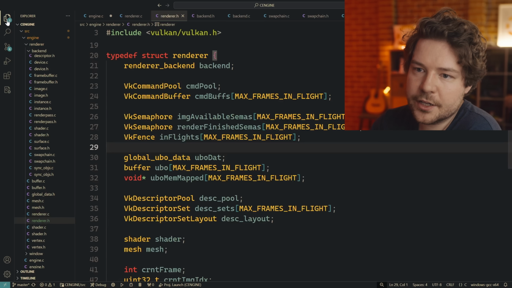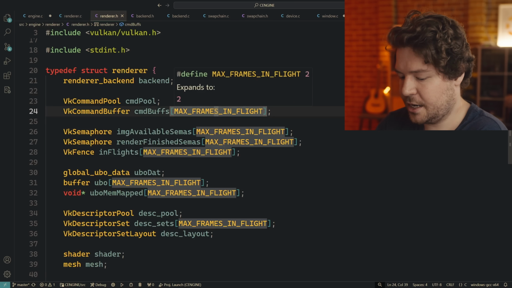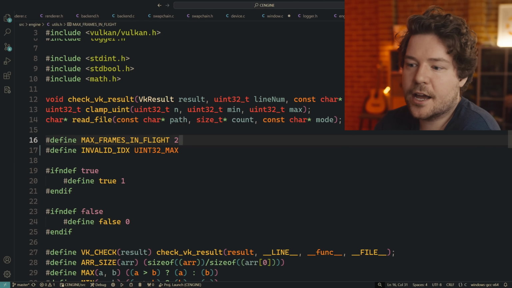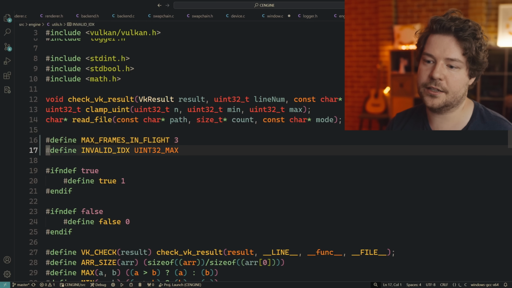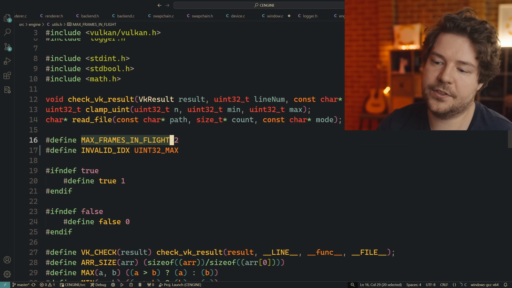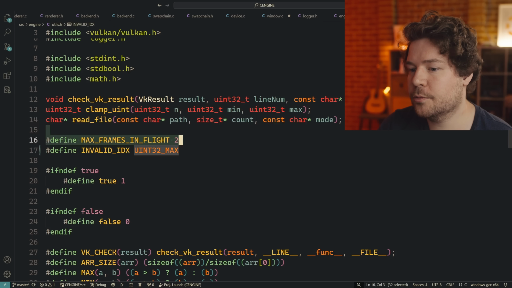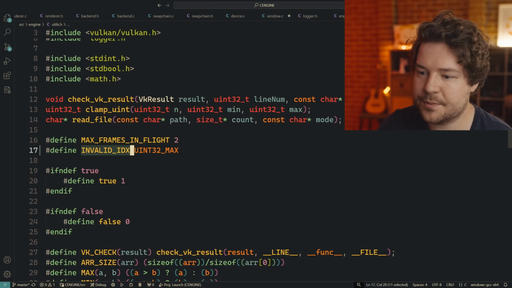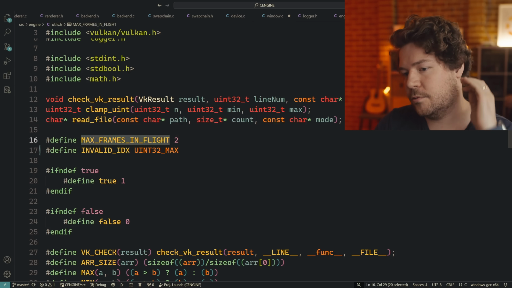I think that's nice. So one thing I quite like about this is the fact that this takes into account max frames in flight, right? So it's set to 2, which is pretty standard. NVIDIA GPUs tend to support 3, so it's obviously very easy to configure, but I wouldn't have this in the first place be a define. I'd have this be an engine configuration thing. In general, you want to avoid defines, right?